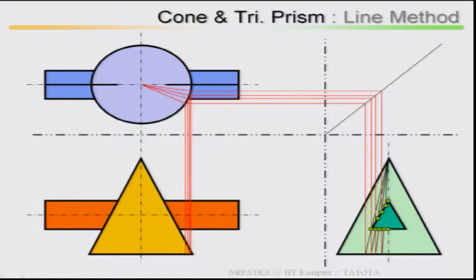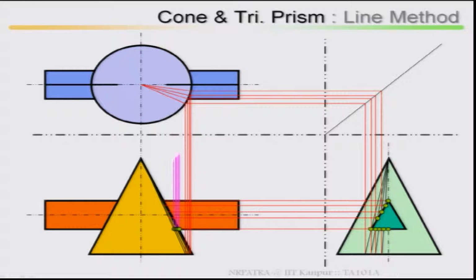From there you put it, mark it, then project back your points of intersection in the front view. In the front view, the respective point of intersection has to be located in the top view. It has been taken and located in the top view, and do it as you have done one side, you can finish the other side also. Do it, how it looks.